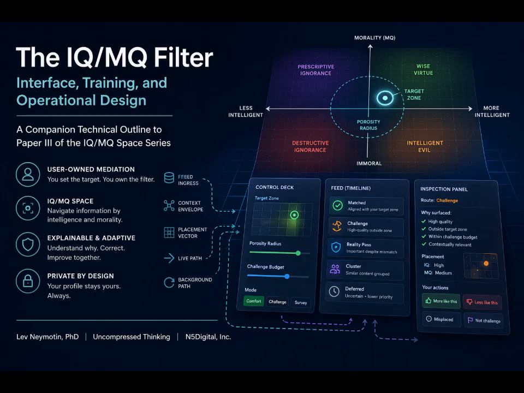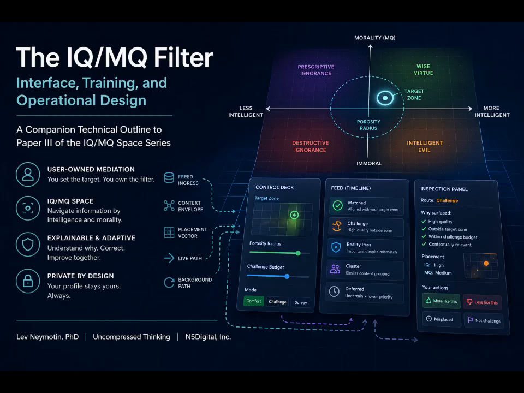It judges the post based on its specific context, not just by applying a blanket verdict to the vicinity. Yeah, and the output of all that evaluation is what the architecture calls a placement vector. Okay, placement vector. The system takes the enveloped object and plots it onto an intelligence and morality space, the IQMQ grid, while attaching a strict confidence level. So it's grading it. Yes, and it also appends auxiliary modifiers like evidence density. It essentially generates a highly detailed, multidimensional nutritional label for the post before it ever reaches the user's screen.